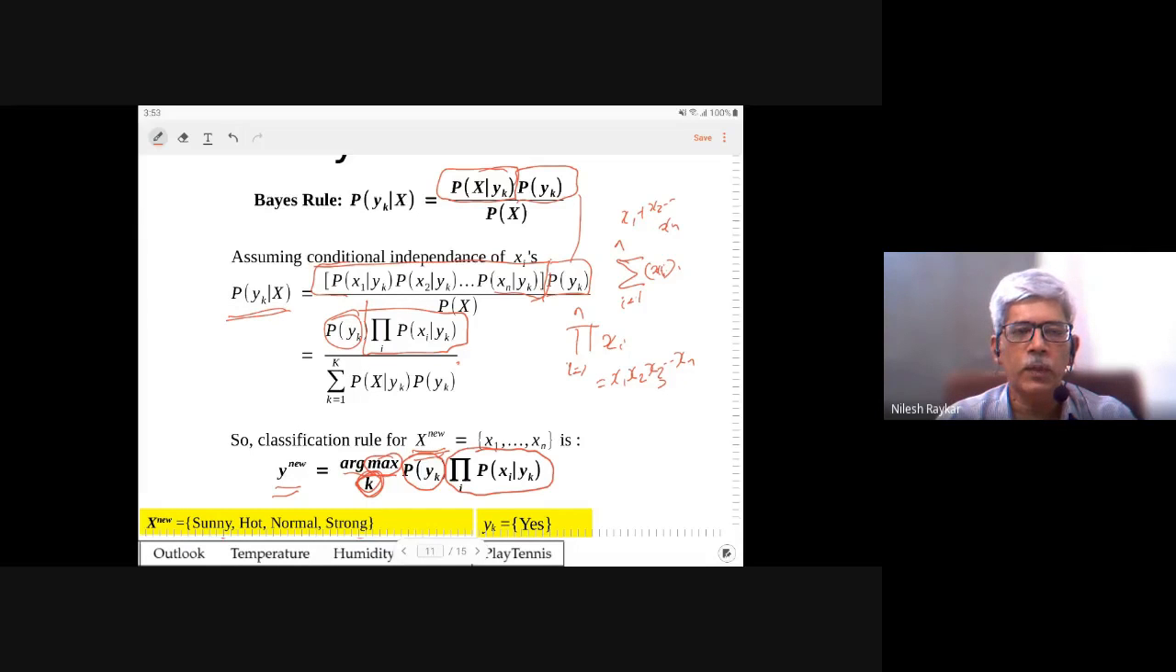So if y equal to 1 is winning or is having higher probability, then y equal to 1 will become your label. If y equal to 0 is having higher probability, it is the argument max, then that will become your label. So that is how